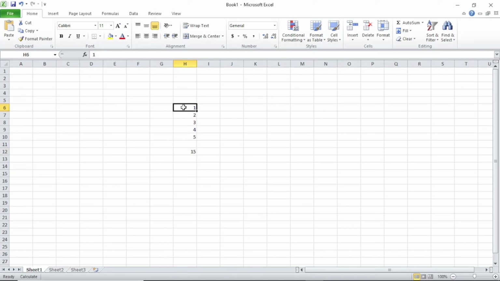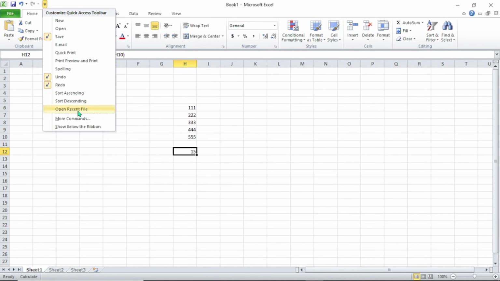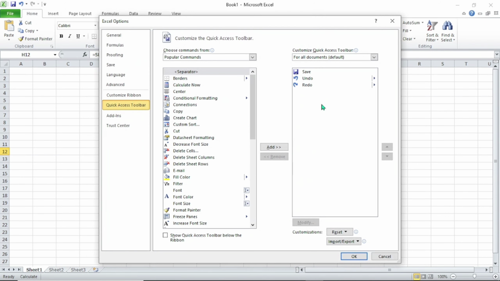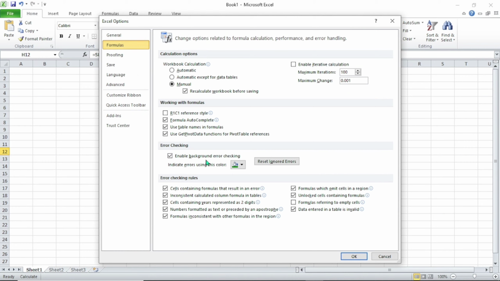So now I will make some changes in these numbers. Make 1 to 111, 222, 333, 444 and 555. But here no update has come. Firstly I will tell you some settings: go to More Commands, and here you have to go to Formulas.